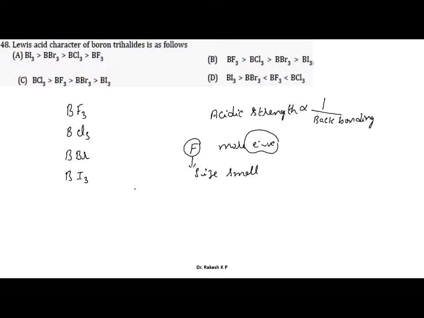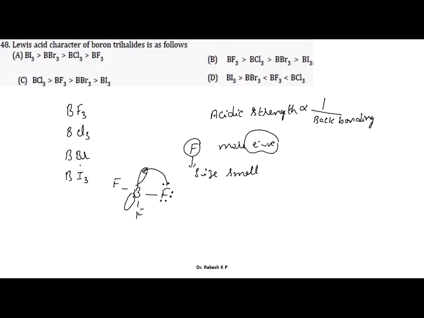Now identify the boron here, and I am going to indicate the fluorine here. The size of the fluorine is small and the electron density is the maximum. Here we have the electrons, and here we can identify the vacant p orbital. The size is very small, which means the electrons are very near to the vacant orbital. These electrons already form the bond, so they show back bonding. That means they donate electrons towards the vacant p orbital of the boron. Because the size is very small, the electron density is more.